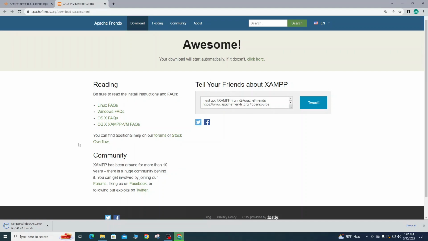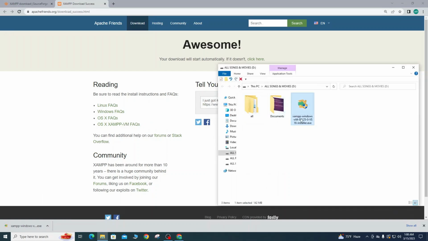Finally, the download has completed. So click here, show in folder, click on this. Your folder that contains the XAMPP file will be open. So it has opened the file's location. So double click on this,